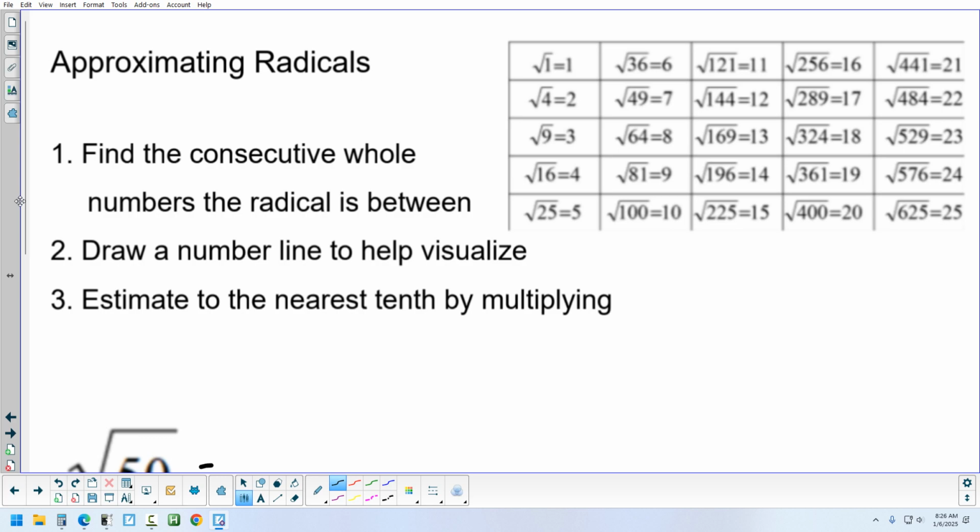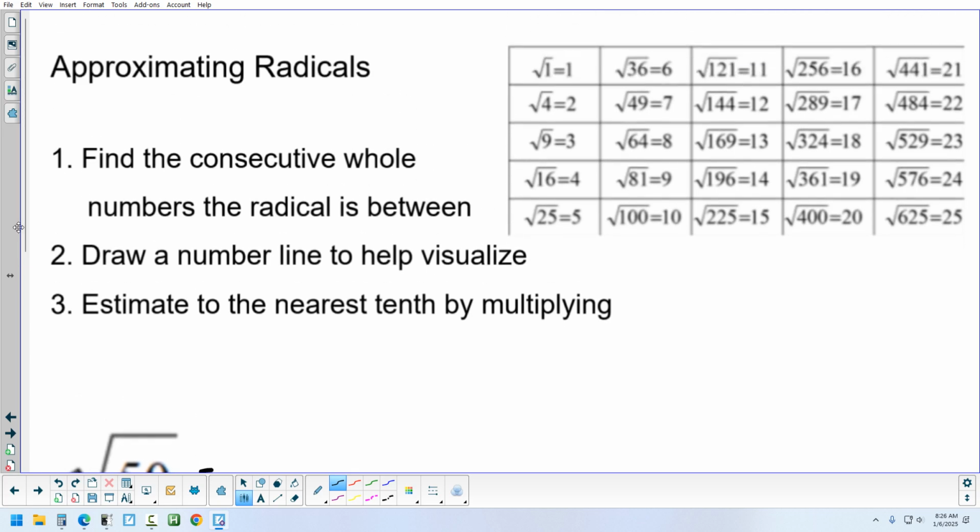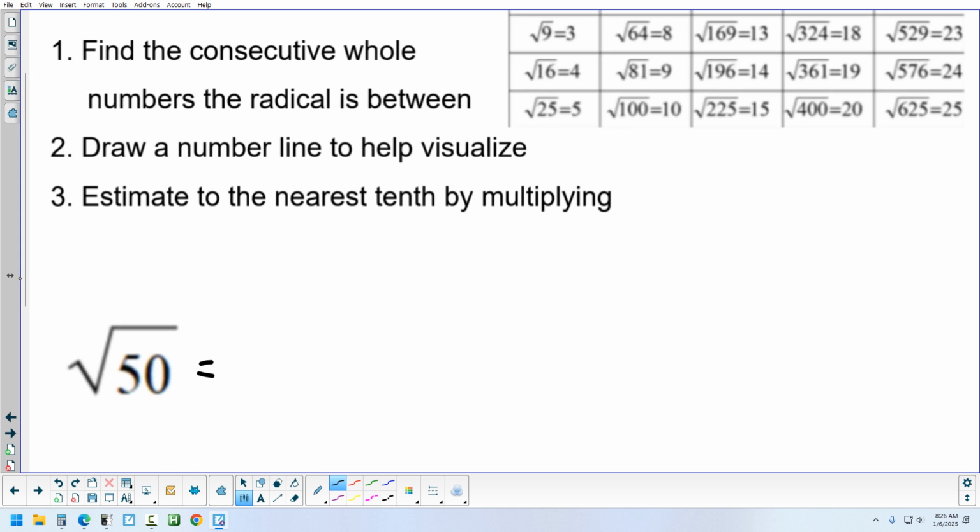So we say, all right, let's see, square root of 16 is 4. Well, we're looking for square root of 50. Well, the closest thing we have is square root of 49, but that's too small. So we know that it's going to be between 7, because 7 times 7 is 49, and 8. Okay, it's going to be between 7 and 8. And the way we could check what it is now, because 7 times 7, that's just a little too small, try